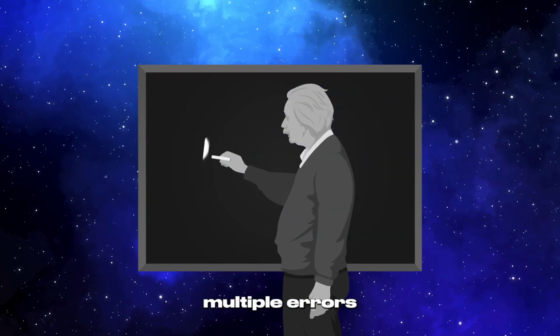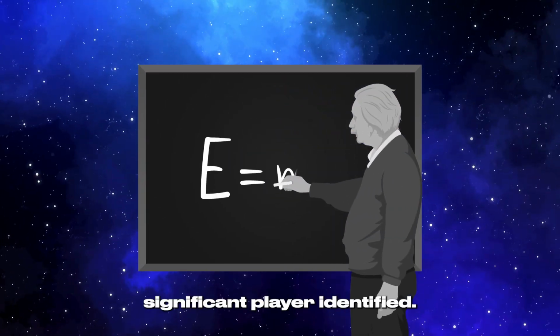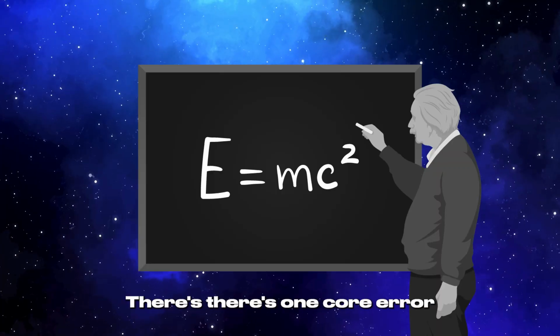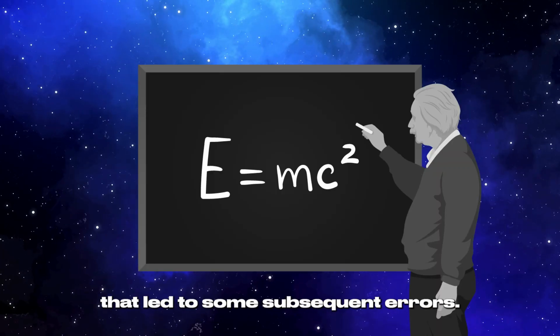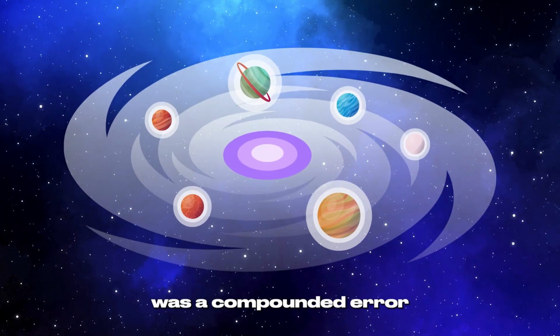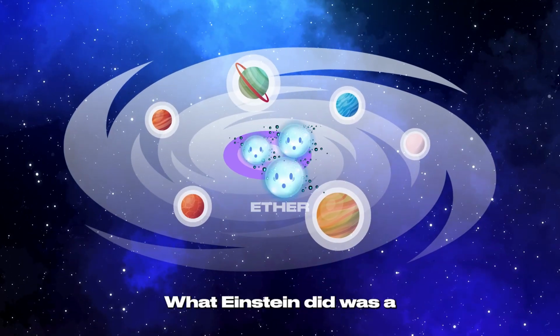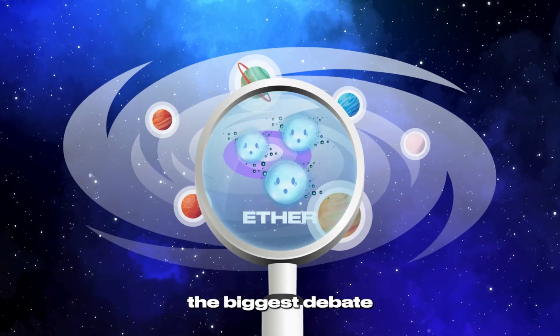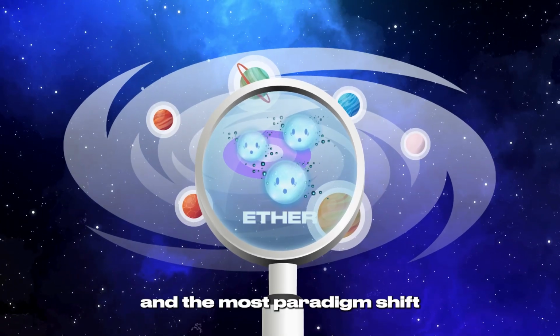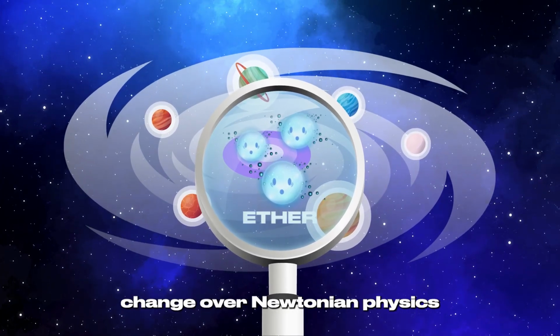Einstein had multiple errors, or just one significant one that you're identifying? Yeah, there's one core error that led to subsequent errors. The cosmological constant was a compounded error based on the omission of a foundational energy. What Einstein did was the biggest debate in the last paradigm shift, and the biggest first principles change over Newtonian